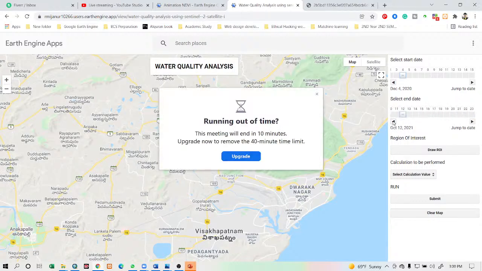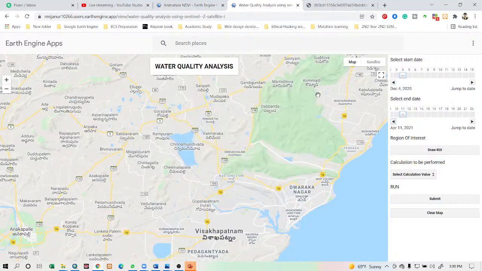Suppose I want to select, and I will give you a message after 10 minutes that this meeting session will end, and then I will also send you the Zoom link again. So please join with this link. After 10 minutes this session will automatically finish. Then I will send you the Zoom link again, please join. Okay,